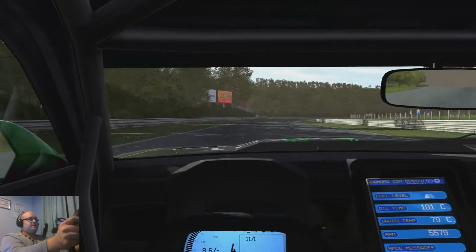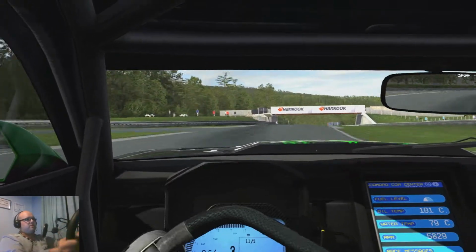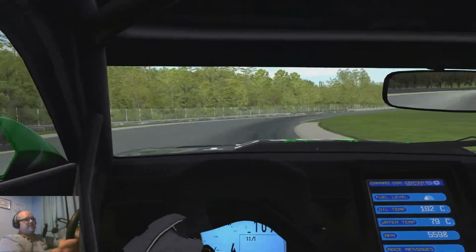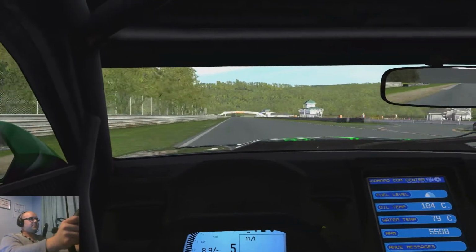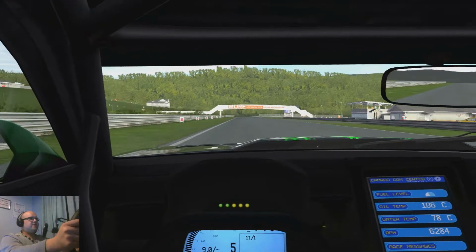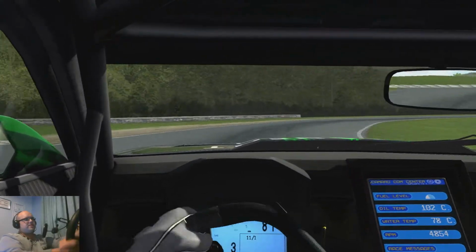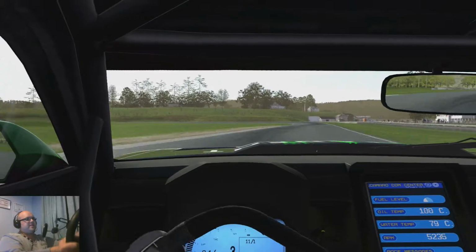Really happy with this. Very, very drivable. It's what I expect a GT3 to kind of feel like, you know? Accessible, fun, grippy. I can feel the grip. That was a 53.93. I just seem to remember driving these GT cars, as I've already said, and just generally feeling a bit